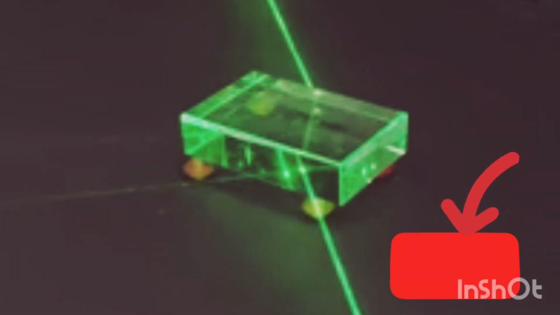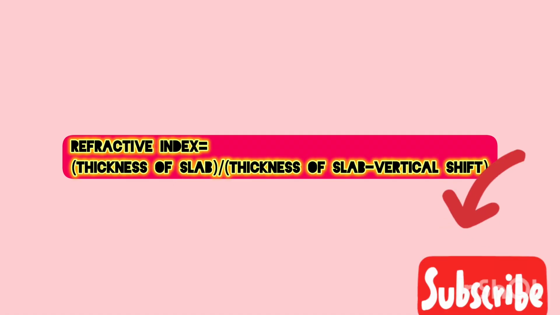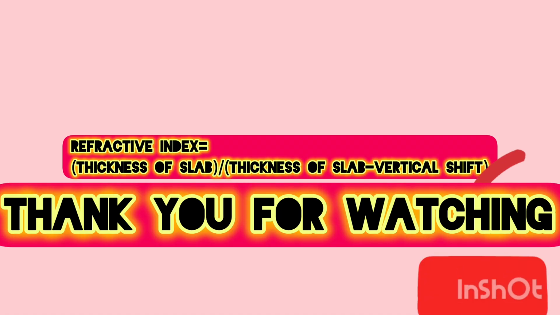So whenever you are passing light through a glass slab, the refractive index formula is thickness of the slab divided by thickness of the slab minus vertical